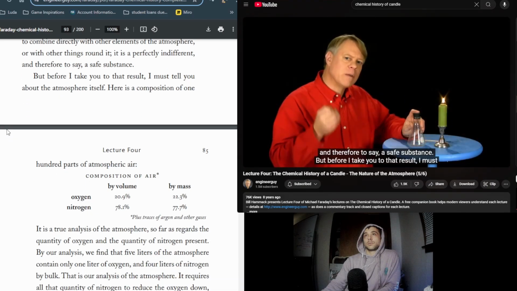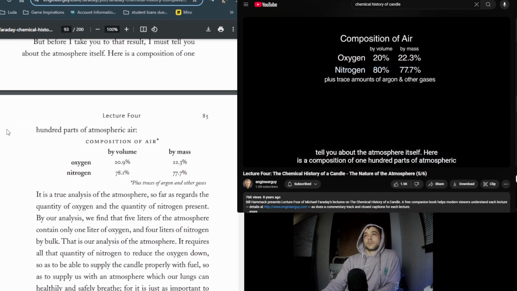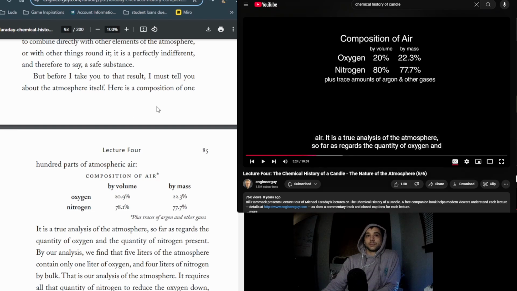But before I take you to that result, I must tell you about the atmosphere itself. Here is a composition of 100 parts of atmospheric air. It is a true analysis of the atmosphere, so far as